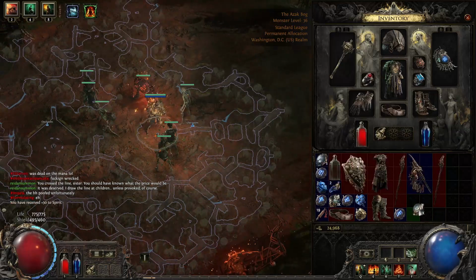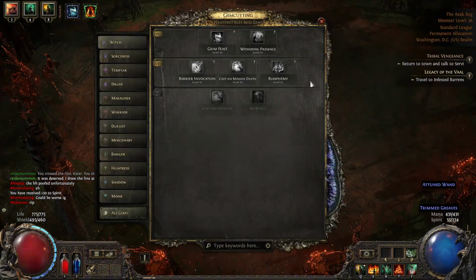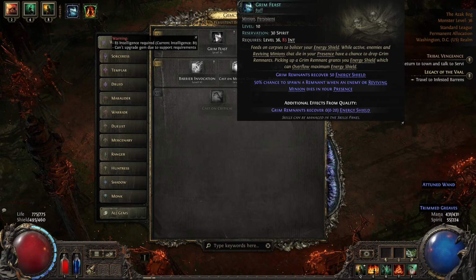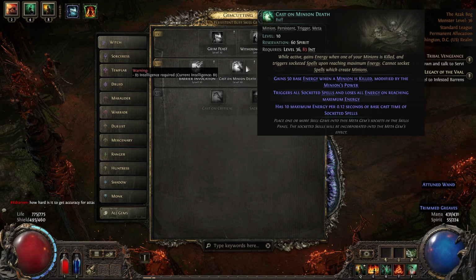30 maximum spirits? Ooh, we finally got the new uncut gem. Nice. So, I'm going to need some more ints? Yeah. Can I see what it's at currently? I think 50 is what it's at. Cast on minion death is 60 spirit. That would be 2 to 3 arsonists, so...